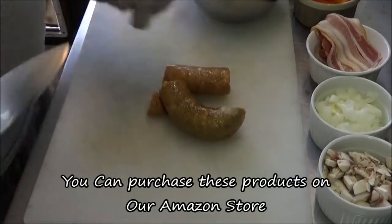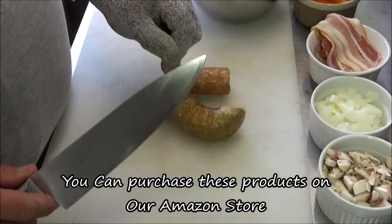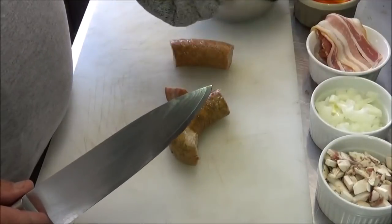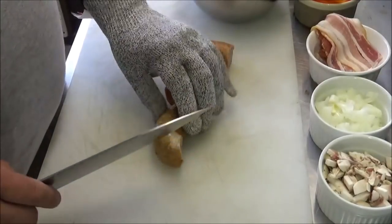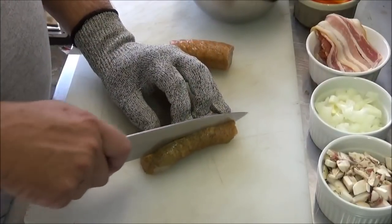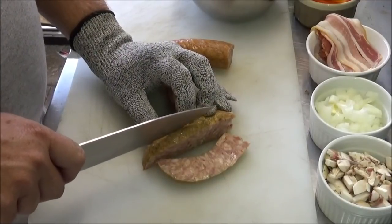Okay, we're going to go ahead and prep our ingredients. I told you this knife is sharp. It's so sharp, I'm going to go ahead and protect my left hand, since I cut right-handed, with the Gin brand cut-resistant gloves. These are a level 5 cut resistance, just like you use in the professional restaurants. So we want to dice our sausage, which you're going to need a sharp knife to do that with. I'm going to try to cut it twice